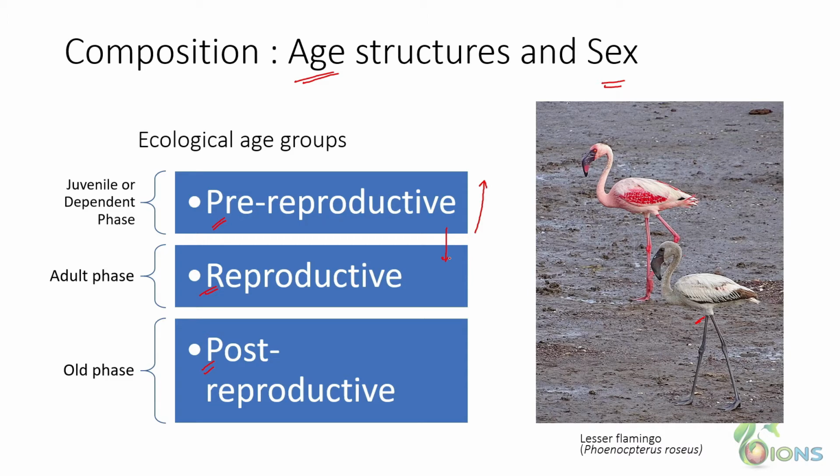I mean the number of young ones which in time will become adult individuals, and they will reproduce to produce more juveniles, and they will again be in the pre-reproductive phase. Okay, so this will be the cycle and the feedback mechanism that will go on. If the pre-reproductive or juvenile individuals are more in number, then the population is increasing. If they are in the post-reproductive phase, then they will not be able to reproduce anymore. Hence, if more individuals are present in the post-reproductive phase, they'll just decrease the population.